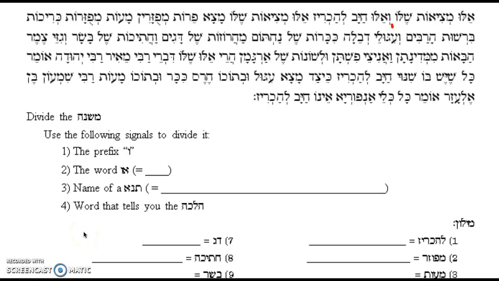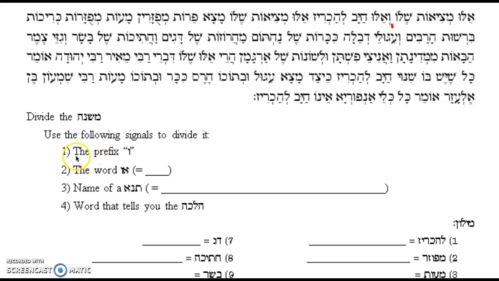Okay, now we're going to start the first Mishnah of the Perek, Mishnah Aleph. This Mishnah is going to give us the opportunity to learn new concepts about the mitzvah of returning items, but also the ability to develop our skills to divide the Mishnah even more. So you should open up to page 13, and here we have the skills, the signals that we use for